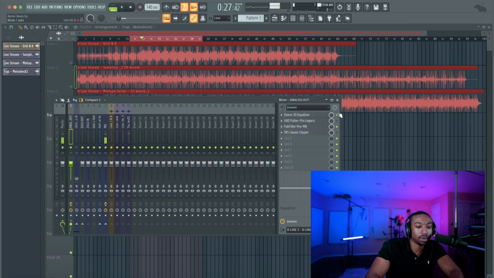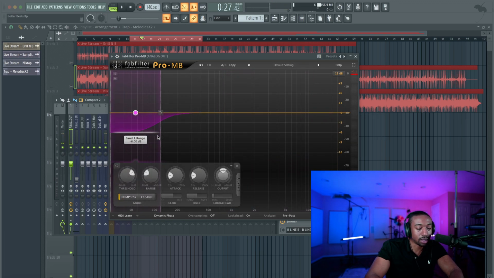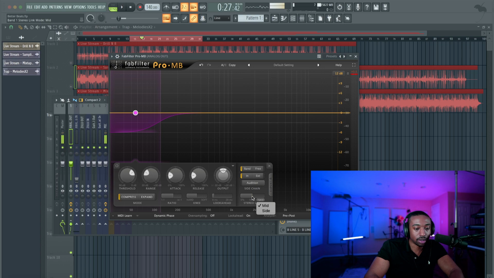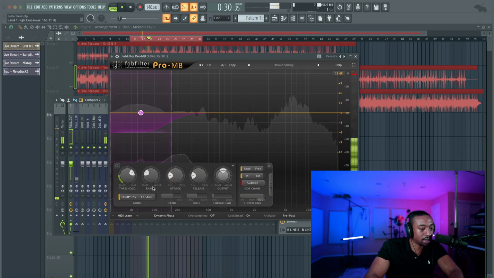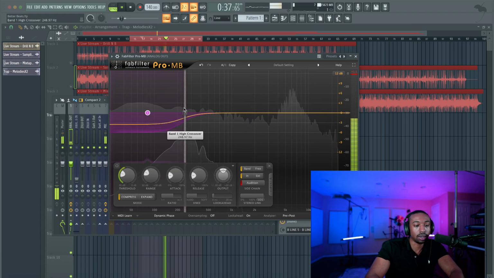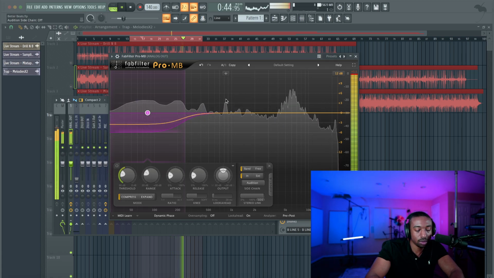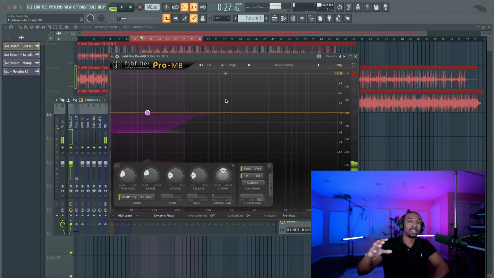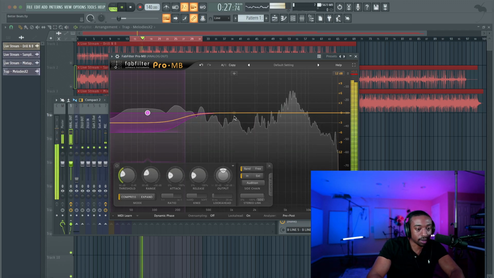So quickly, we're going to open up the MV. We're going to start off with taming the low end first, but on the side only. Let's go to mid side mode. Pull this to the side. Pull this down like 6 dB. Let's lower that threshold. A lot of energy that we don't really need on the side. So look at the sides, and it's most likely the low end. Whenever you compress that low end on the side, you're going to get a tighter feel to your track.